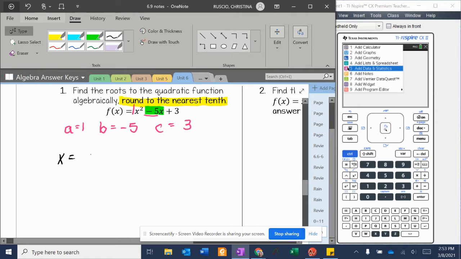X equals -b plus or minus the square root of b squared minus 4ac all over